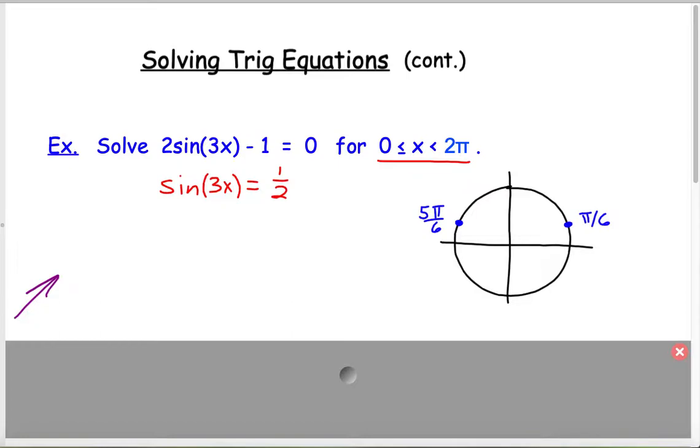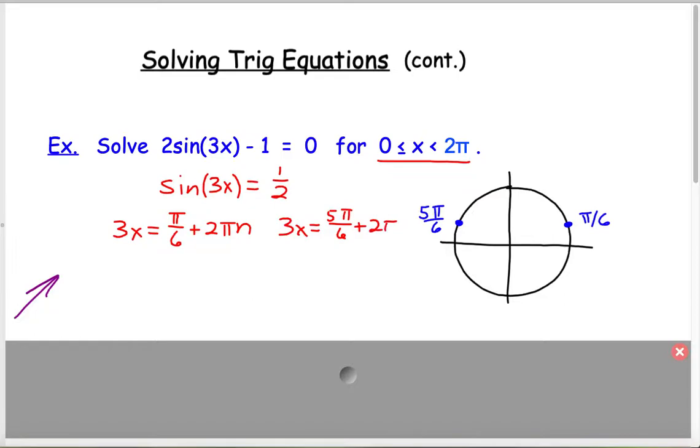But instead of just saying x equals pi over 6 or 5 pi over 6, now we're saying the argument, which is 3x, is equal to pi over 6 or 5 pi over 6. But now I'm going to do something different. As if we didn't have any restriction on where our answers were going to be, we would normally then say it's pi over 6 plus 2 pi n. Now why am I adding 2 pi n? Well, remember, the period is changing. So let me write the other possibility. 3x is equal to 5 pi over 6